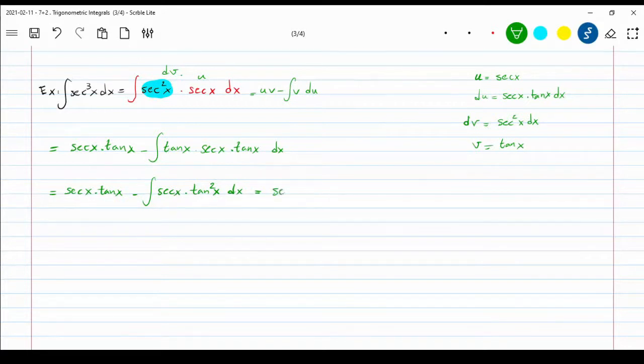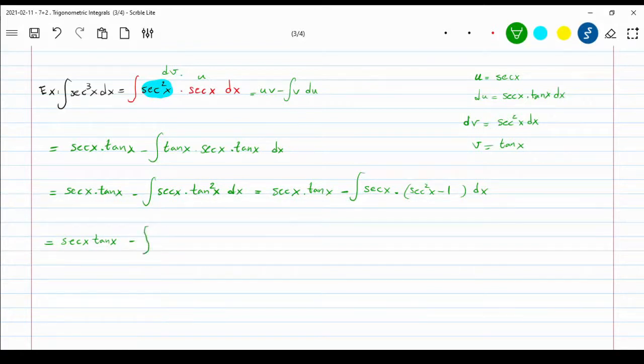What do we get? We get secant x times tangent x minus the integral of secant x. What if we write tangent squared in terms of secant? Remember that 1 plus tangent squared was secant squared. So secant squared minus 1 would be simply tangent squared dx. And here we go. What do we have? We have secant x tangent x minus,